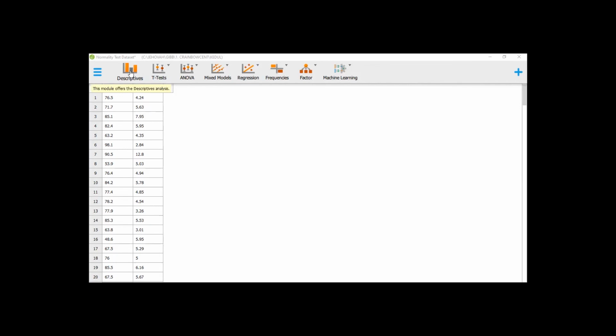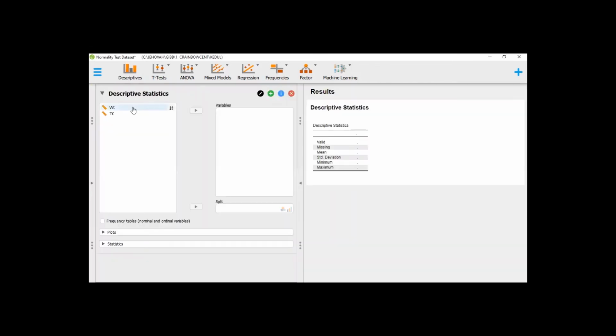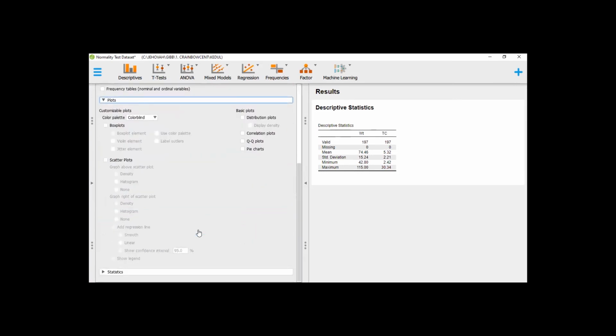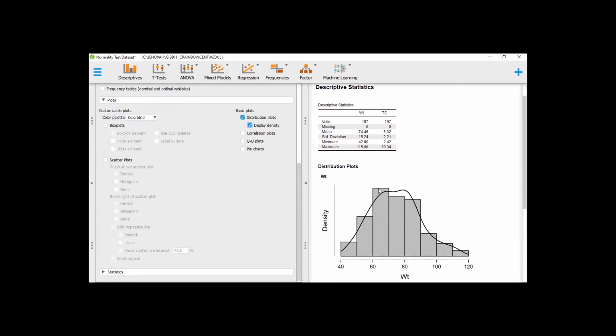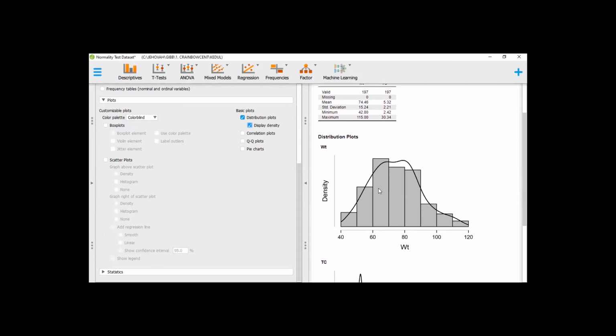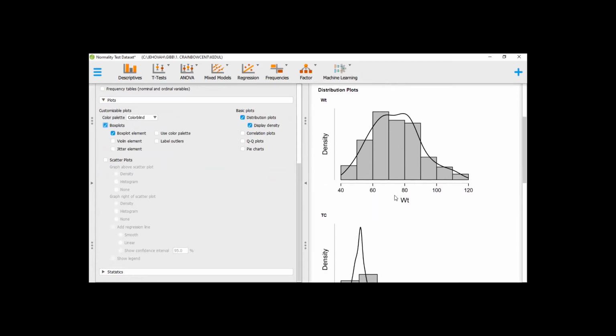First we click on Descriptives, then we highlight the variables and move them to the variable column. Then we look at the visual inspection. We plot our basic plots and display density to help us see how it looks. Then we plot our box plot to tell us how this data is distributed.